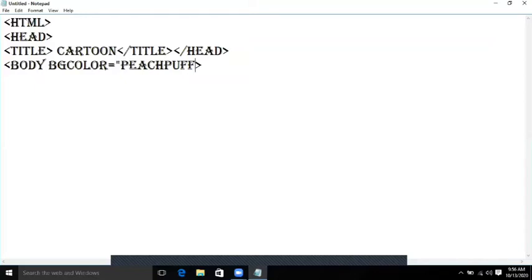After closing it with double quote, I'm again using the text attribute in the body tag, and the text is in the green color with the double quote.